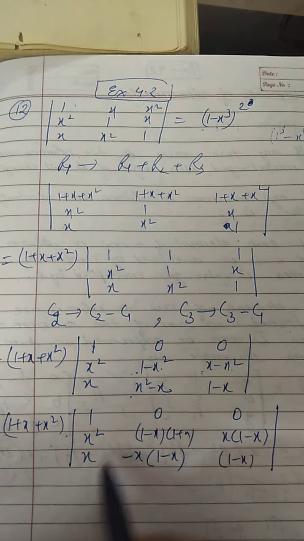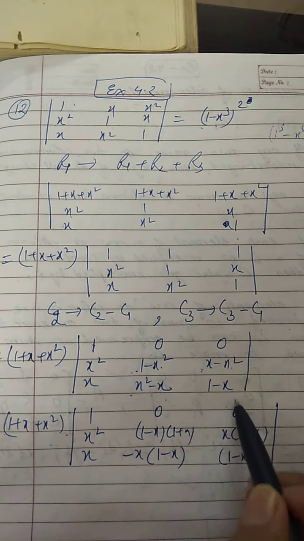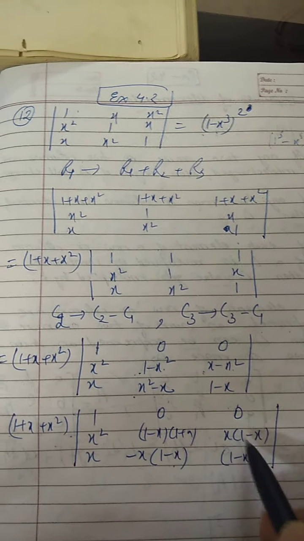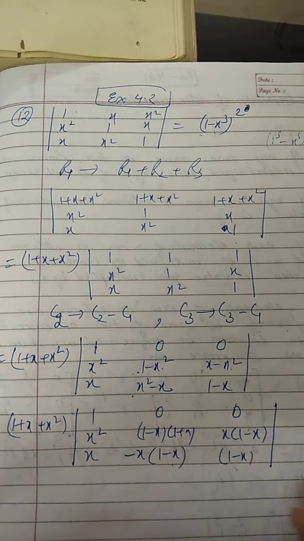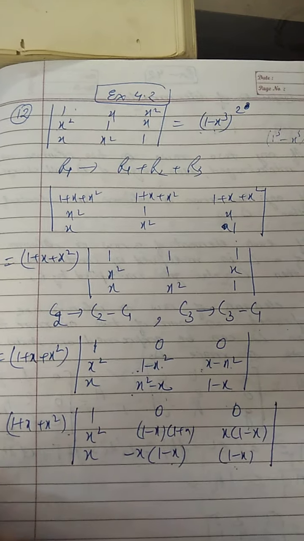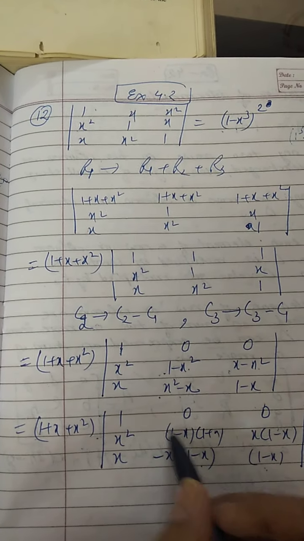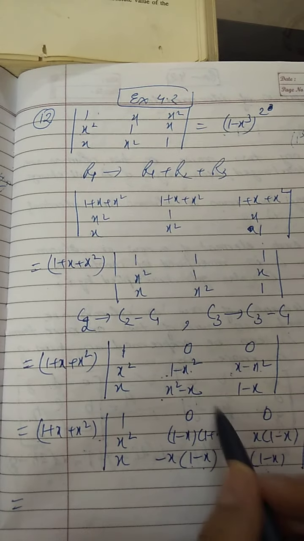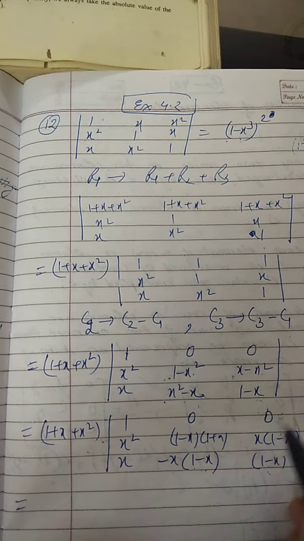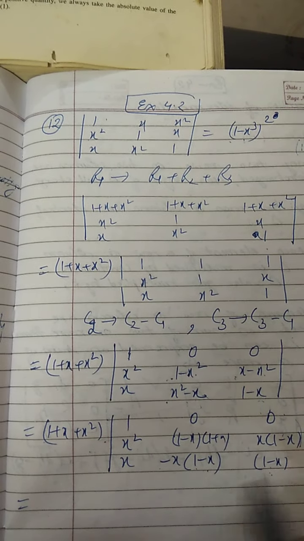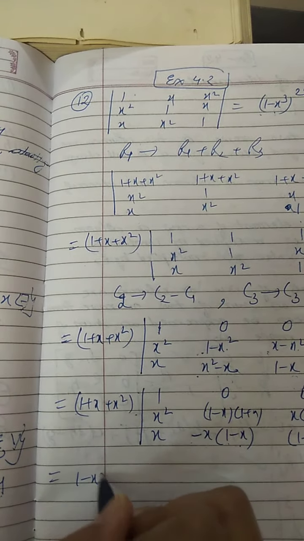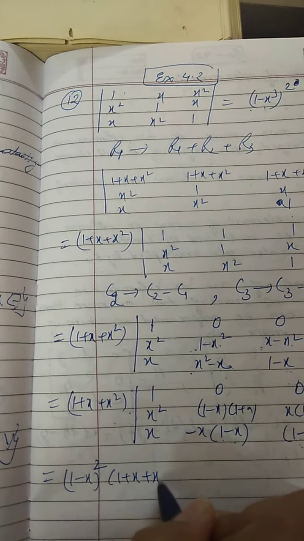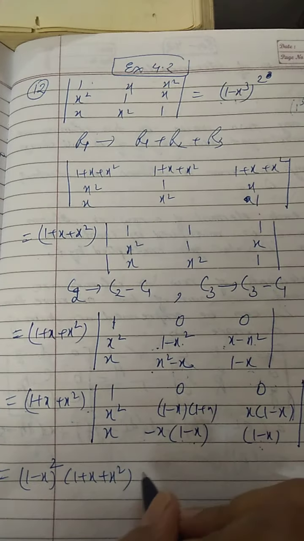Now in the second column, I cannot take the terms common row-wise, because the row is not having anything common, but if I look at the second column and the third column, in the second column also we have one term common, that is 1 minus x. In the third column also we have the term common, 1 minus x. 0 will not make any difference here, so we will take out 1 minus x common from C2 and C3. Now I am taking one term common from C2 and one term common from C3. So 1 minus x into 1 minus x will come, and we will get here 1 minus x whole square here, and this term 1 plus x square plus x will remain as such.